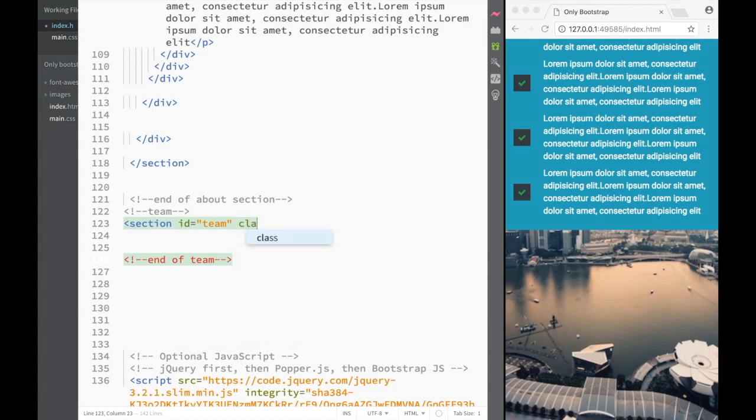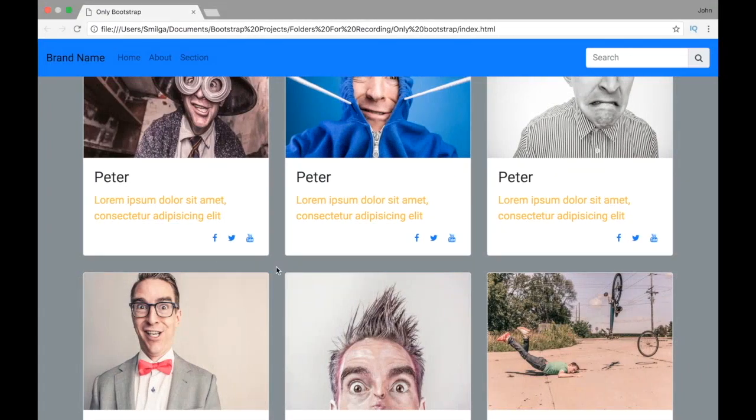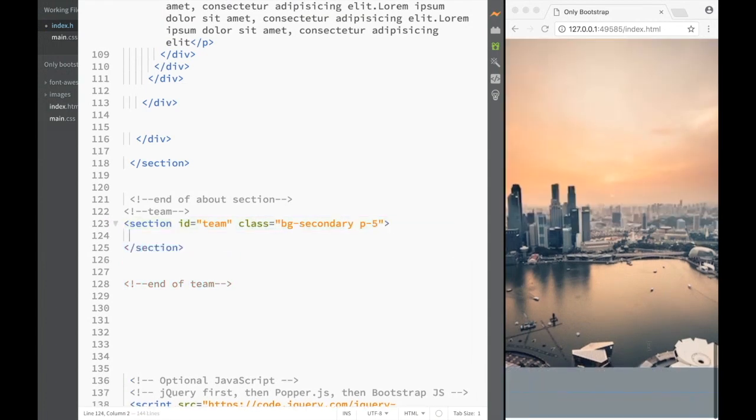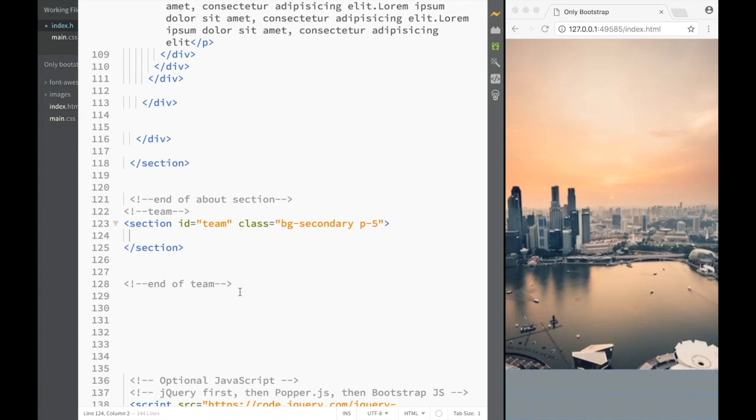And this is going to have a class, and over here we're going to write a background for the whole section. This is going to be secondary, that is this gray color over here. And then what we would want to do is a padding, and padding all around is going to be a 5. So now I can see the whole thing is going to be basically padding all around the borders and everything. So then we're going to say div class container,